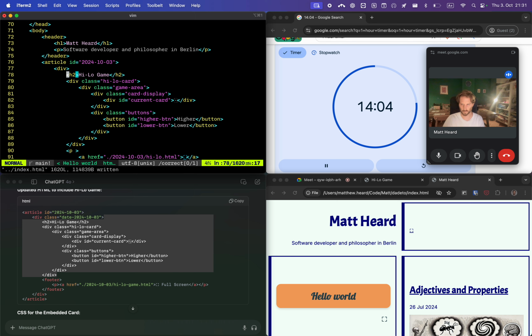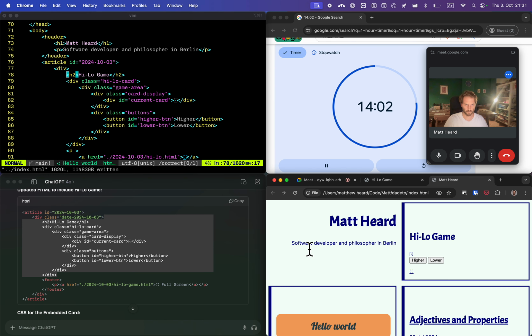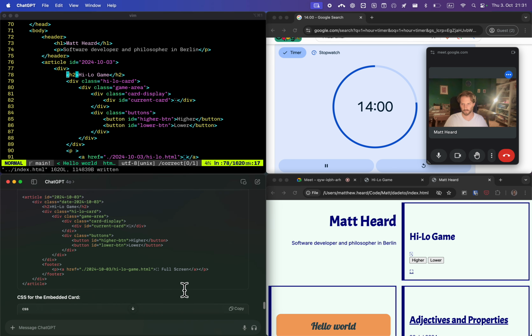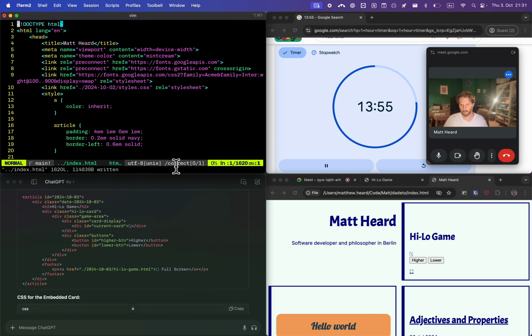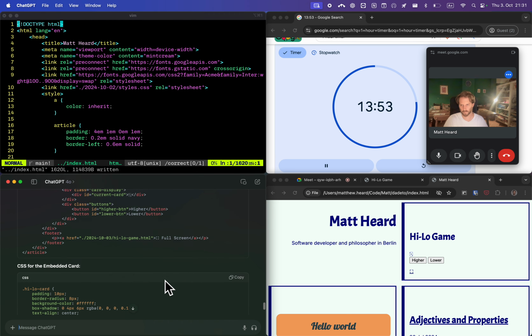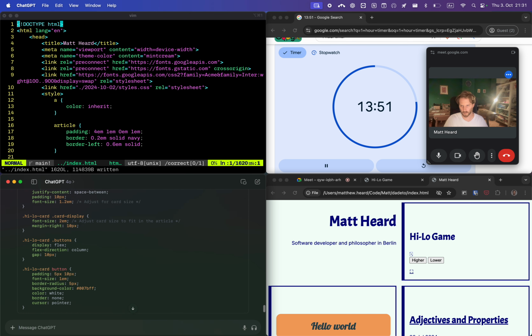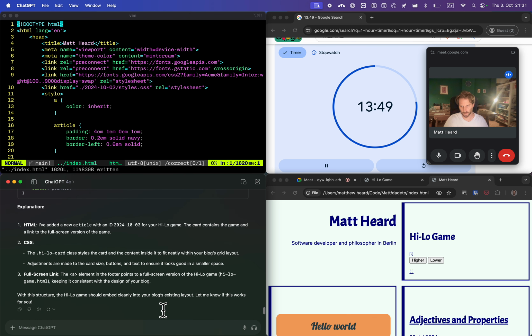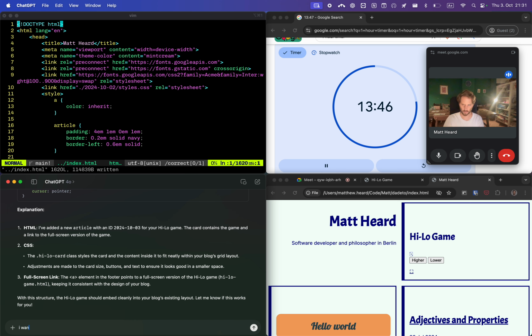Okay, let's just see how this looks. Okay, no styling. Embedded card. Oh yeah, that's another thing. I want to reuse the existing styles.css. So let's update styles.css to